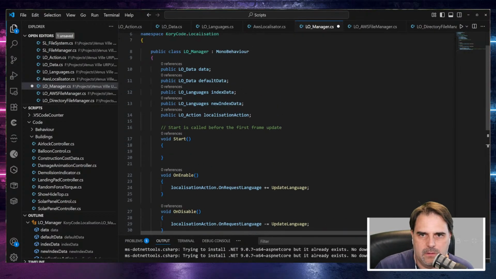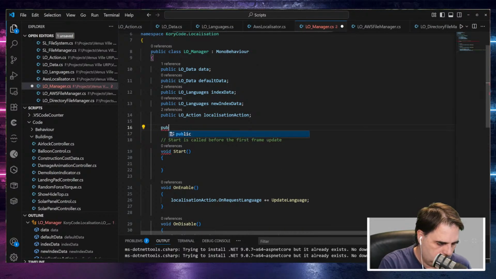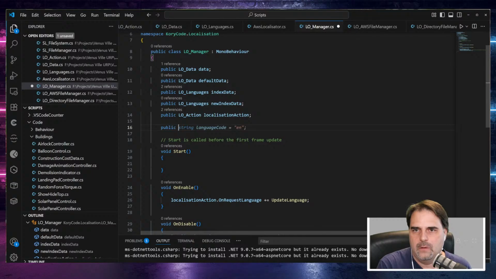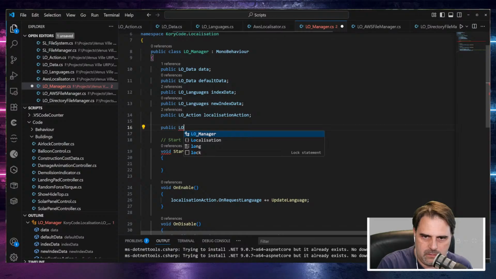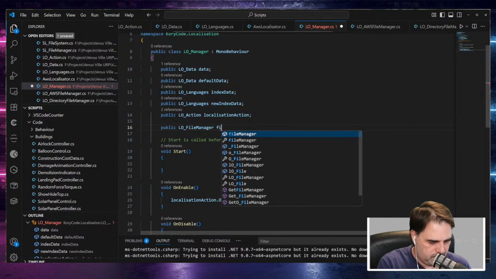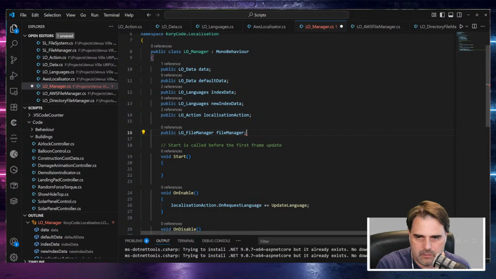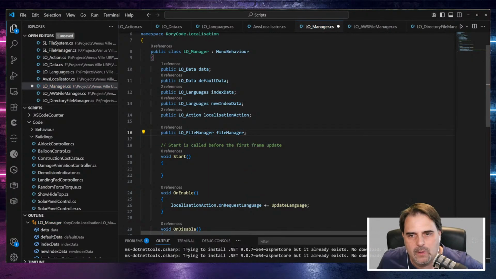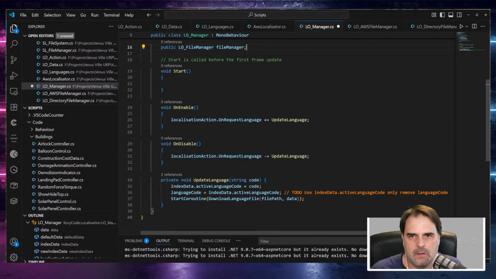Okay, and then it has, how do we call it, LE file manager, LO file manager, where we can drop in the scriptable object code. So we can run on this the load index, and